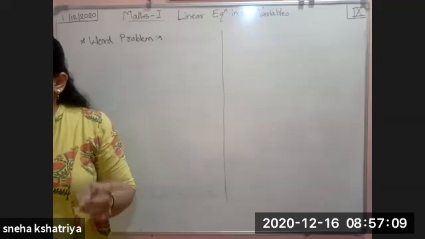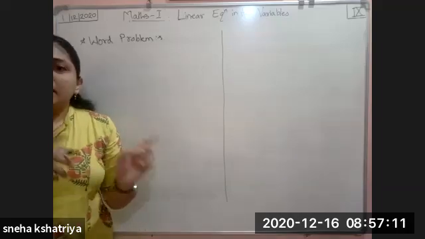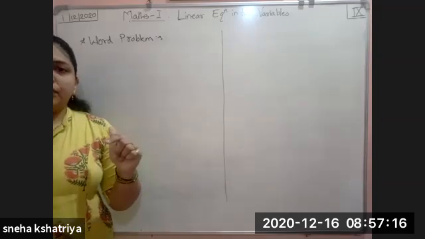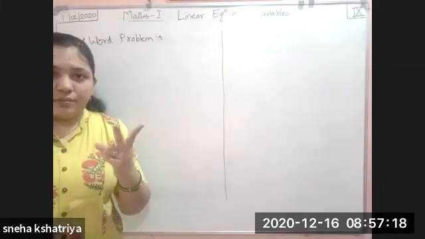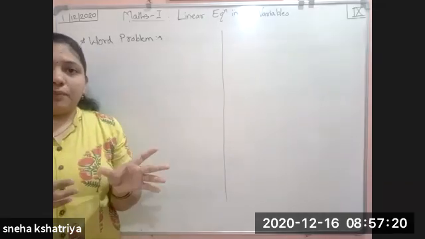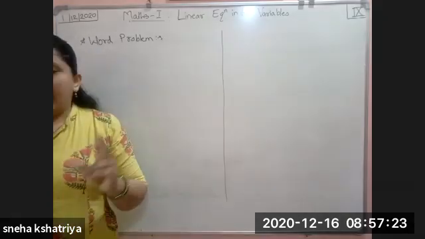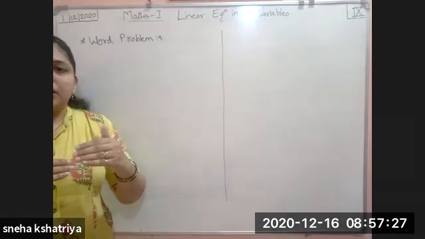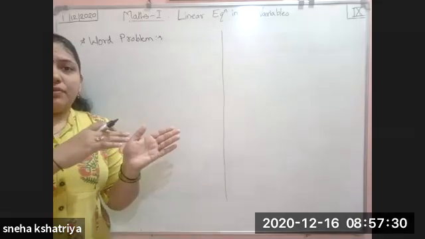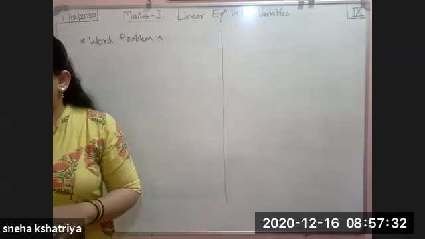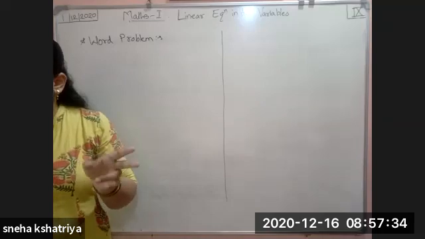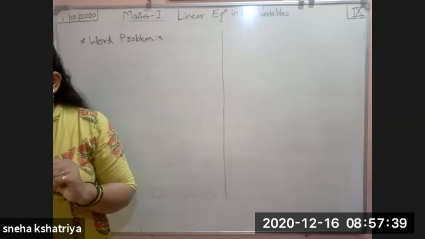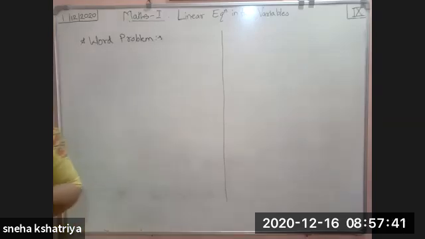If 9 is subtracted from 8 times the first number, we get the second number. Find the numbers. You have to find both the first number and the second number. Now suppose the question: 8 times the first number, and 9 you have to subtract. It is a little bit changed: 9 is subtracted from 8 times the first number, we get the second number. Find the numbers.